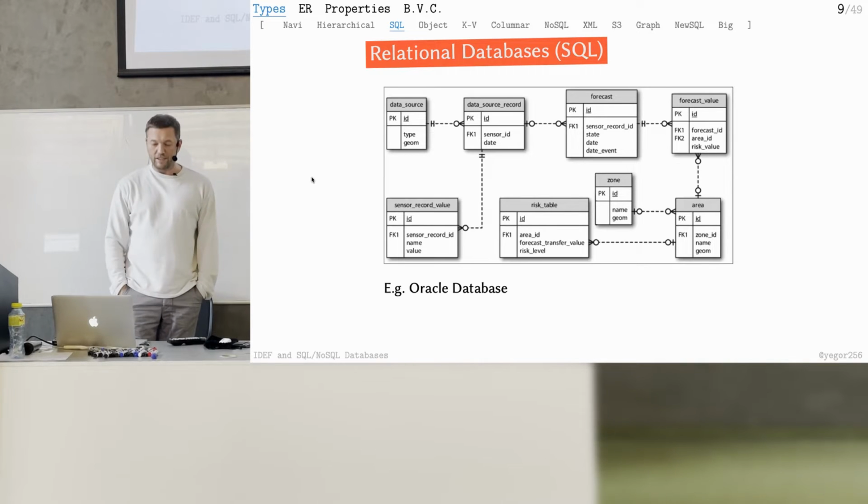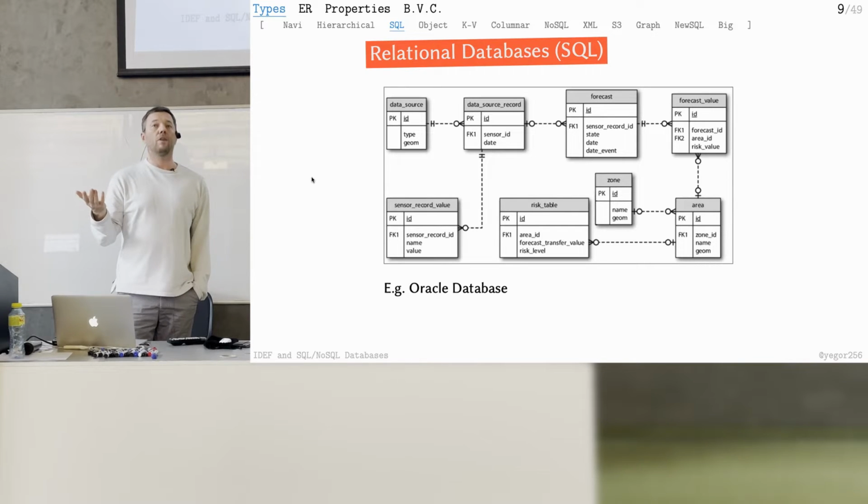In this diagram, we see tables, they are connected somehow one to another. How are they connected? Through foreign keys in most cases. Foreign keys is the best way to connect those tables.